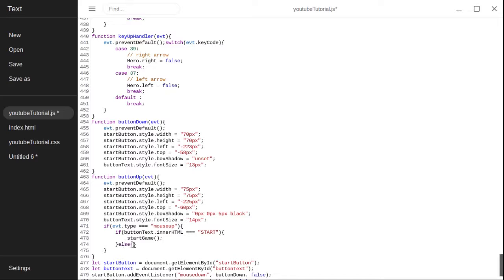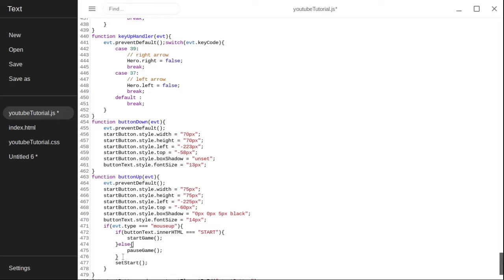If it doesn't say start, then obviously it says pause, because that's the only other thing it can say. So else, you want to pause the game. And then you also want to do your set start, and this is going to make sense in a minute